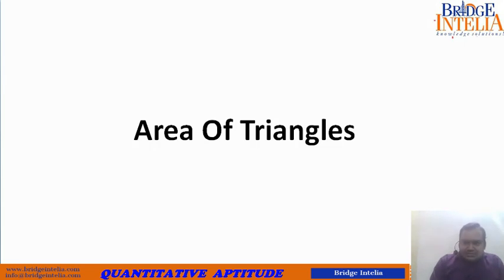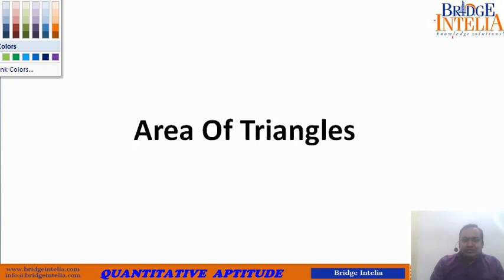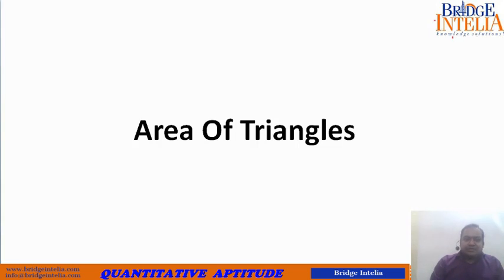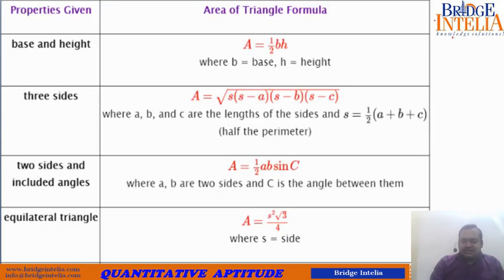So dear students, the next crucial concept that you are expected to know is to find the area of a triangle in different situations. So what do you mean by different situations? Area of a triangle can be found out if you have different sets of information. So here are certain situations based on which you are expected to find the area of a triangle. So when can somebody find out the area of the triangle?